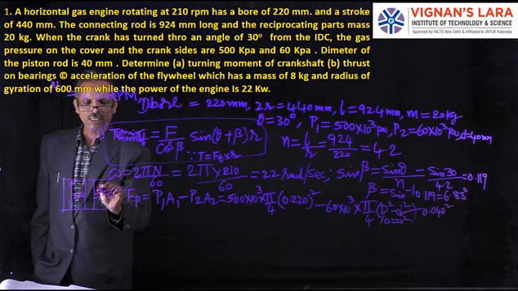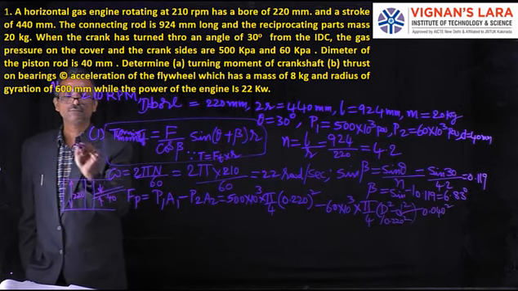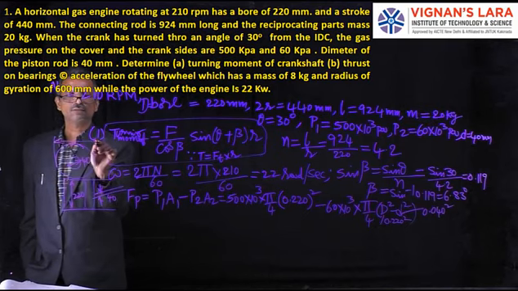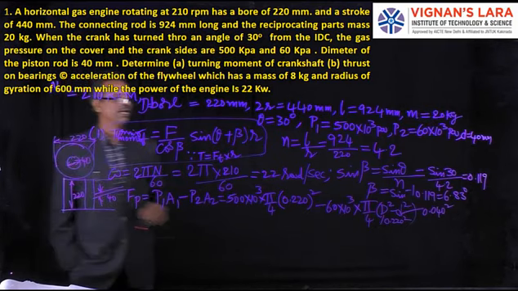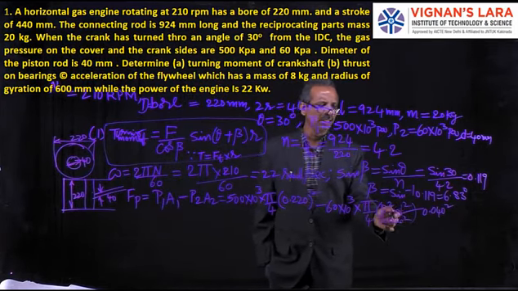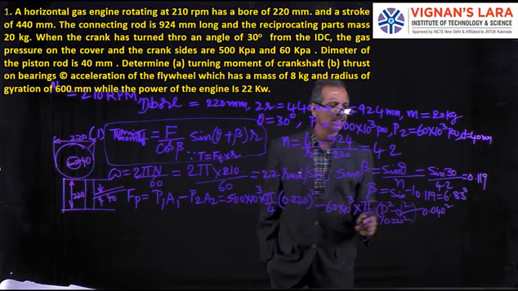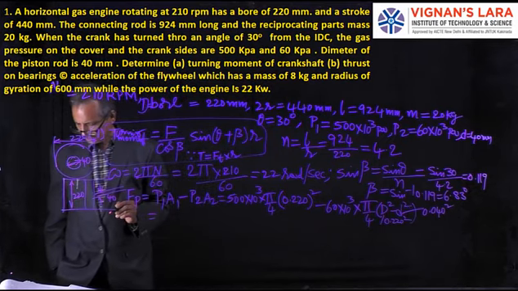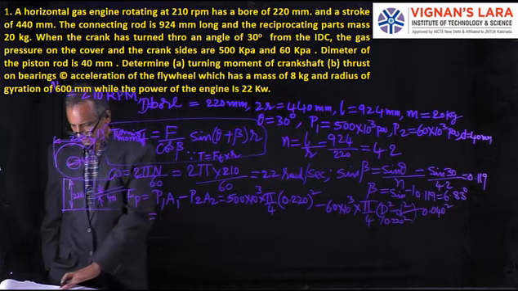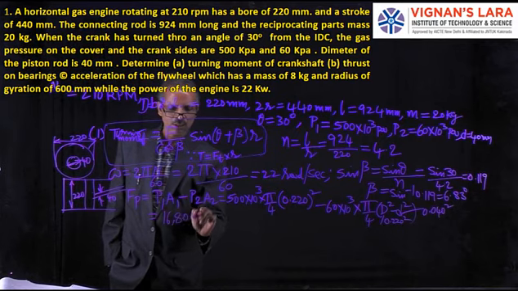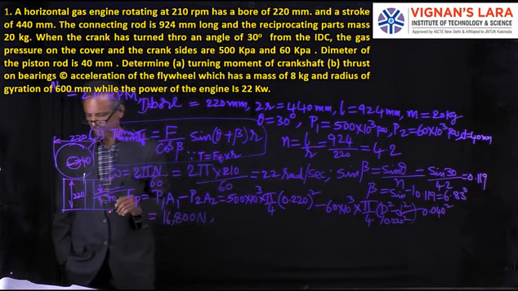So net area here is like this. This is 40 and this is 220. So a ring area, that is pi by 4 capital D square minus d square. I have written everything in meter, 0.22 square minus 0.04 square. So this I get FP, that is the value of this is 16,800 Newton, that is FP.